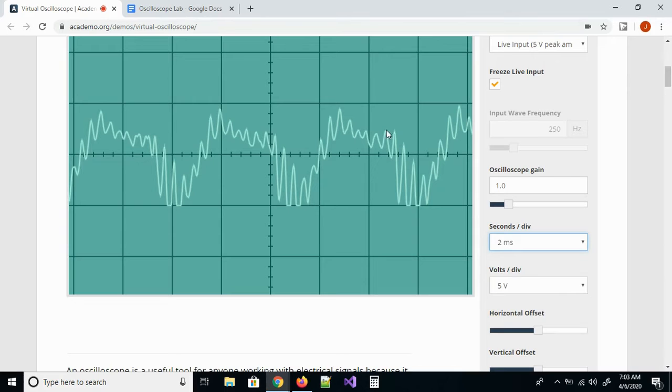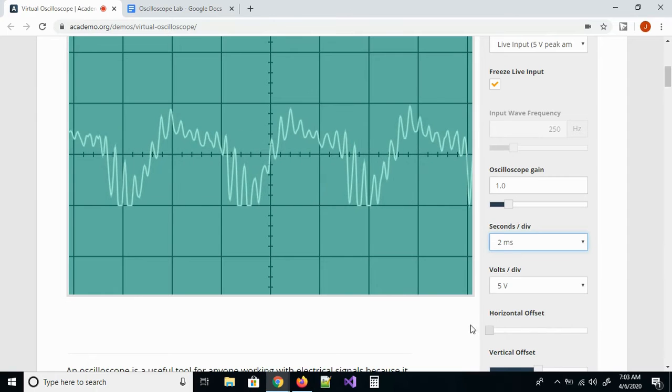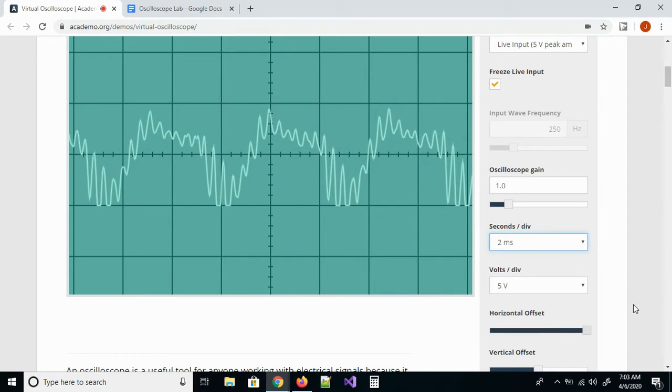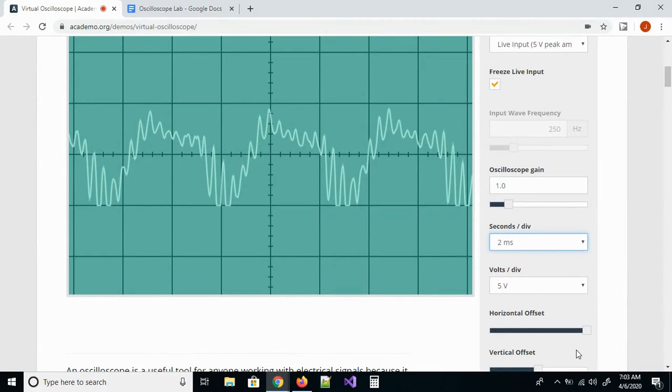And volts per division at this point probably doesn't matter as much, but I'm going to do a horizontal offset. I want to start it someplace that's readable. That's as close as I'm going to get that way. And I can also do a vertical offset if I want, but I really don't need to in this case. So now I'm just going to go from here to right around here, and that's how I'm going to get the